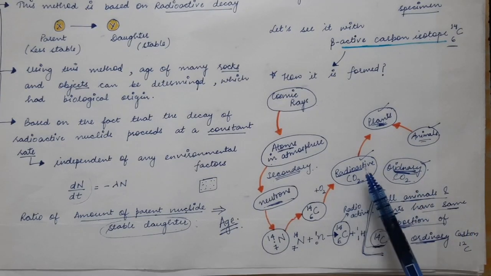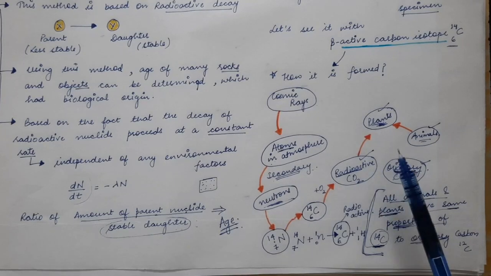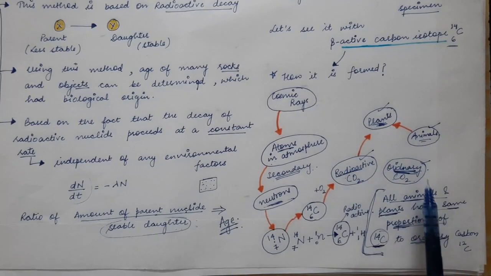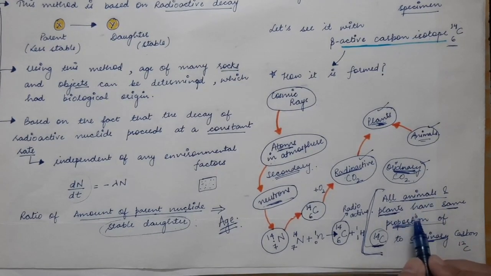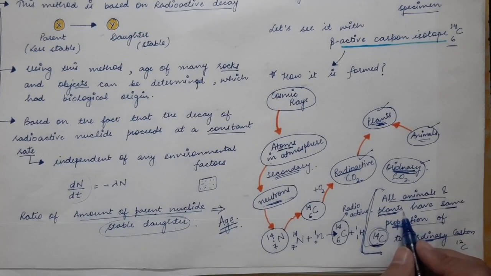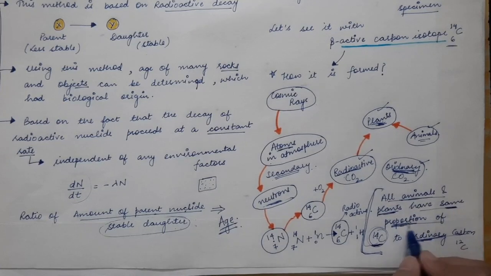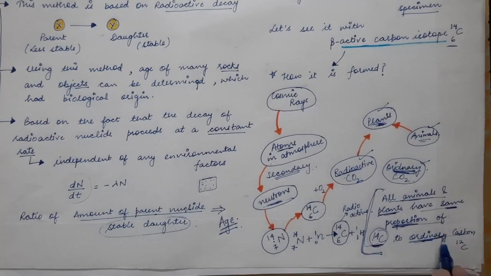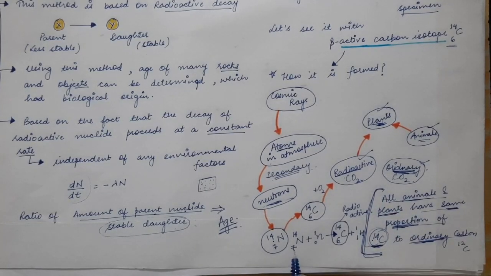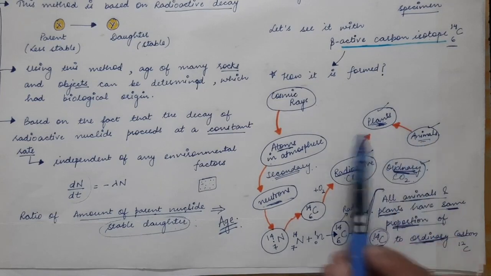in their body. Along with the radioactive carbon, there will be ordinary carbon present as well. So the plants and animals will have both radioactive carbon as well as ordinary carbon present in their bodies. Now all the animals and plants have the same proportion of radioactive carbon and that of ordinary carbon. So all the animals and the plants which are present on the earth have the same proportion of radioactive carbon and that of ordinary carbon, and we will see how this principle will help us in determining the age of various rocks and objects,